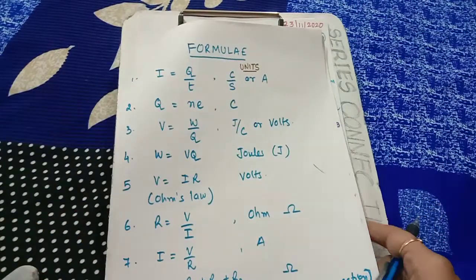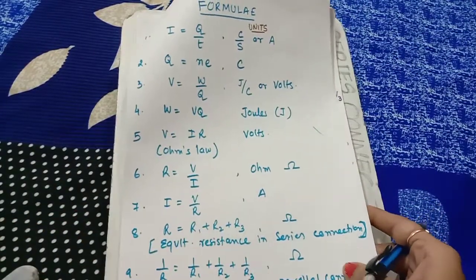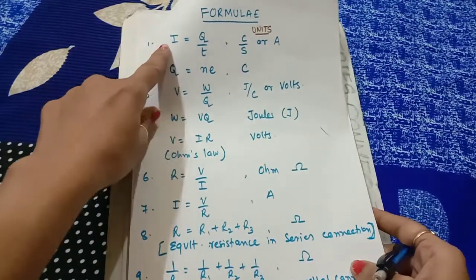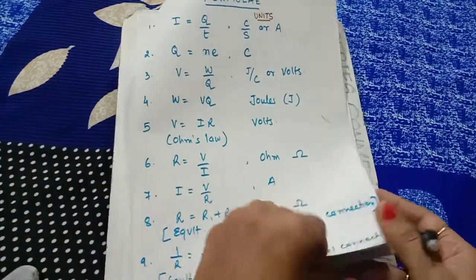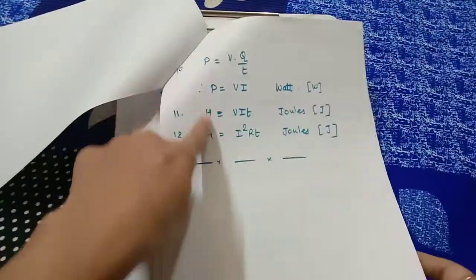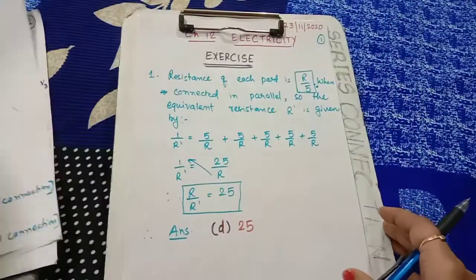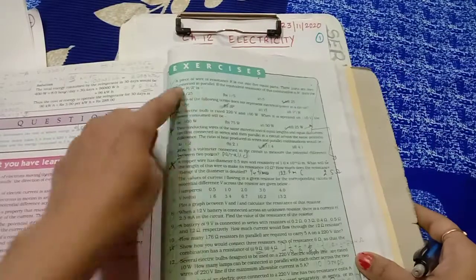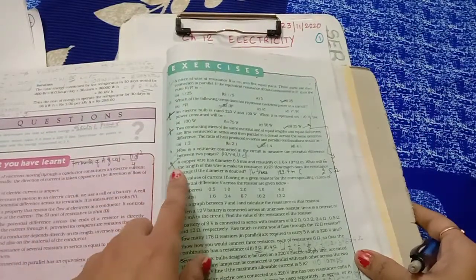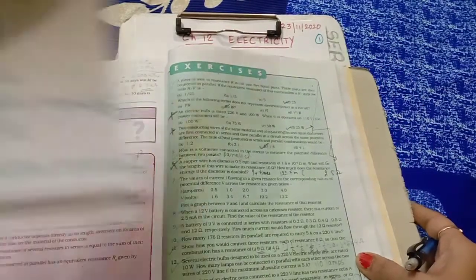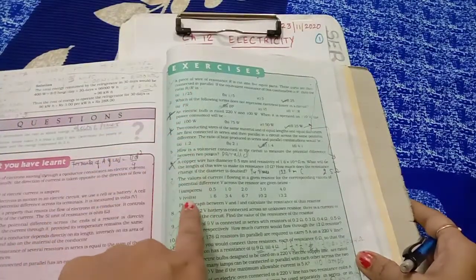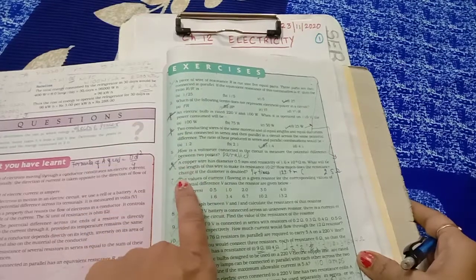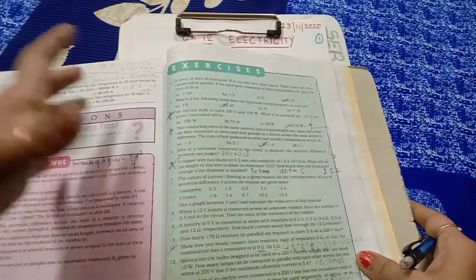Already you have done this in the in-text question answers, so you would have some idea. So these are the formulae I, Q, V and all. This you have already written. And this formula. Now in this, some questions are cut, but I would be going through them. That formula I have not given here, so you can see it from the textbook. So from here the cut questions are there, but I'll be doing them, so if it comes, you would have some idea for that.